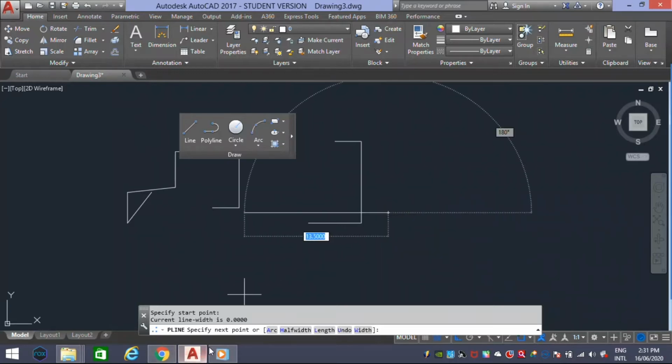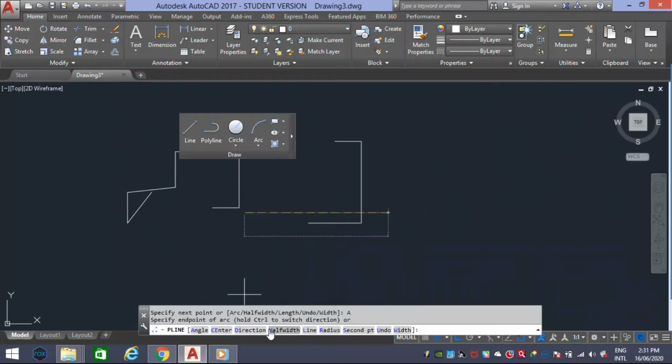If you check here, we have some sub-options: arc, half width, length, undo, width. To activate any sub-option in a tool, we can use the highlighted letter which is marked in blue, or you can click directly on that to activate it.